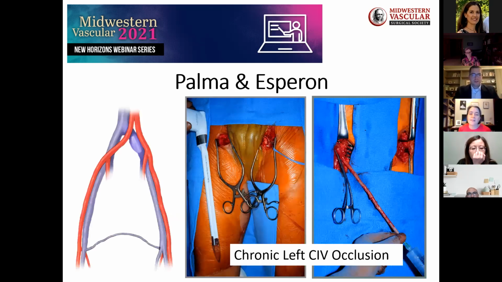In the late 1950s and 60s, venous reconstruction for benign occlusions using a cross-pubic venous bypass was initially introduced by Doctors Palma and Esperon in Uruguay. These were later popularized in the United States by Dr. Dale. Early failure of a cross-femoral venous bypass can occur due to small saphenous vein diameter of less than 4 millimeters in size, poor inflow related to obstruction or venous incompetence in the femoral popliteal and deep femoral systems, inadequate cross-pubic tunneling, kinking at the donor saphenofemoral junction, or lack of an arteriovenous fistula, especially when you need to